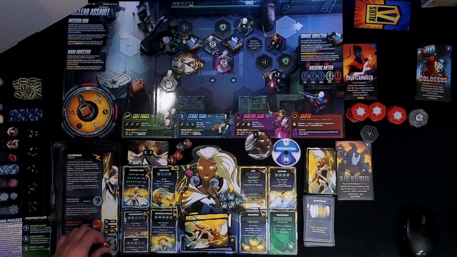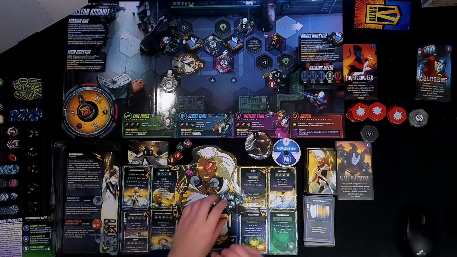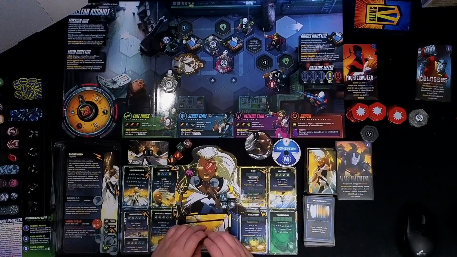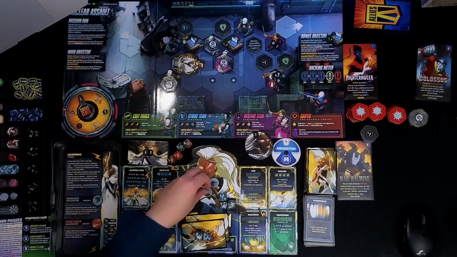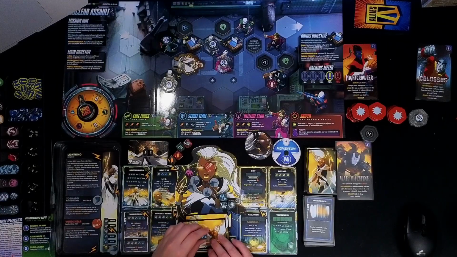We'll gain a Wind Shear. Deal 8 damage. So 8 damage. It is charged, so we'll gain 2 tornado. Now we're at the stack limit. So 8 damage, and then